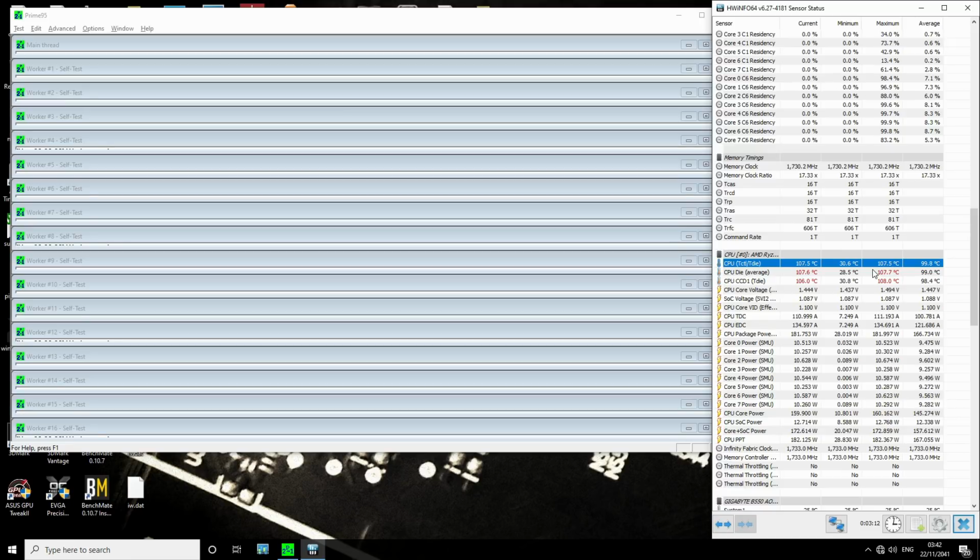And based on that, you would assume some chips degrade slower than other chips. Some chips are more susceptible to degradation than others, because degradation is based on the physical properties of the chip, of the wiring, of the transistors. And those are also subject to the silicon lottery. Like how max clock speed is subject to the silicon lottery, degradation rate is also subject to the silicon lottery. So this thing took 67 hours to degrade at these absolutely insane settings of over 107 degrees operating temperature